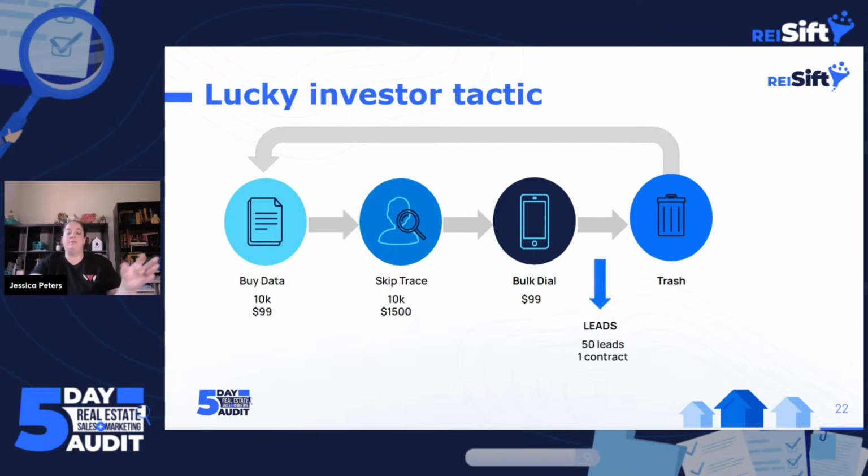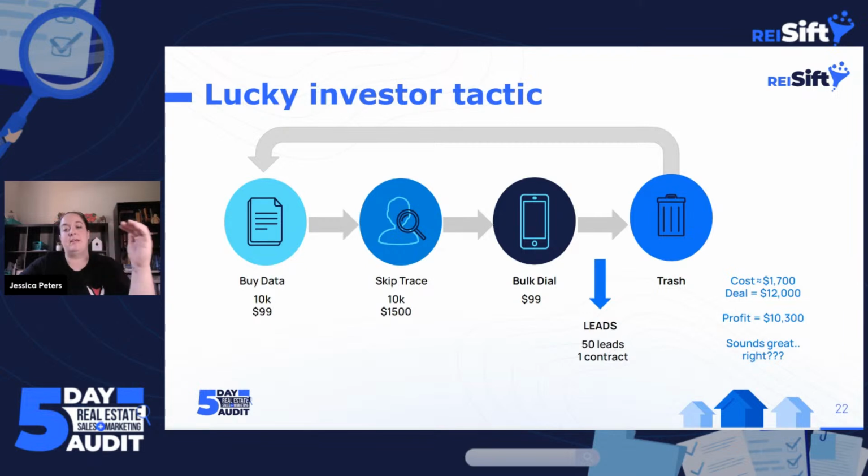I'm going to say that if we dial through these records one time, and I'll show you some of the math that we use to figure this out, let's say this is a 1 month time frame. We dialed through those records one time. It'd be pretty good to get 50 leads. And keep in mind that this is a 1 month timeline. We get one contract, and let's just say that we're able to close it in that month, because it can happen, although usually it takes a little bit longer to actually close. So let's just be generous here. We spent $1,700. Let's say that we wholesaled this deal and made an assignment fee of $12,000. And so that was a profit of $10,300, which sounds great, right?